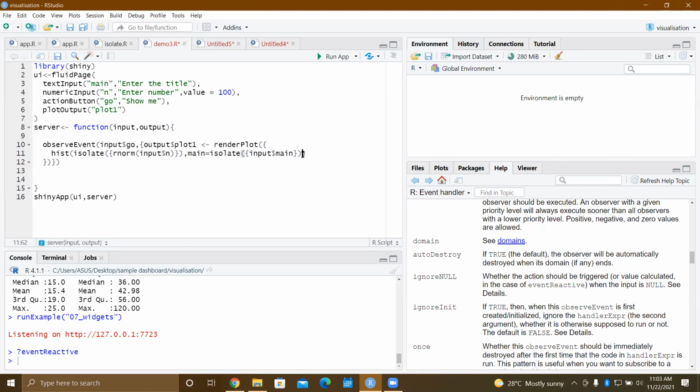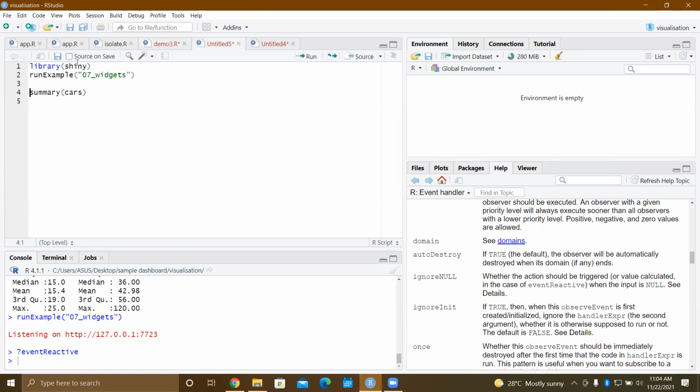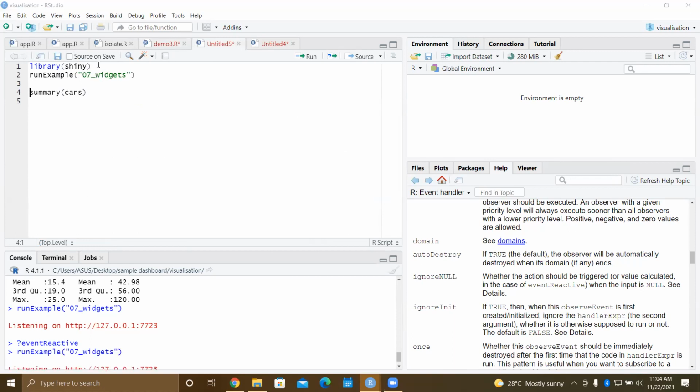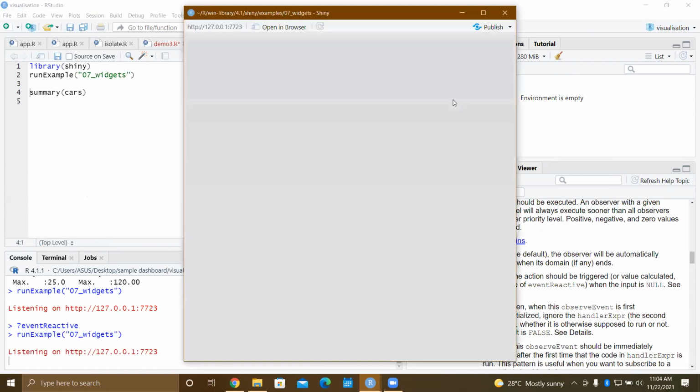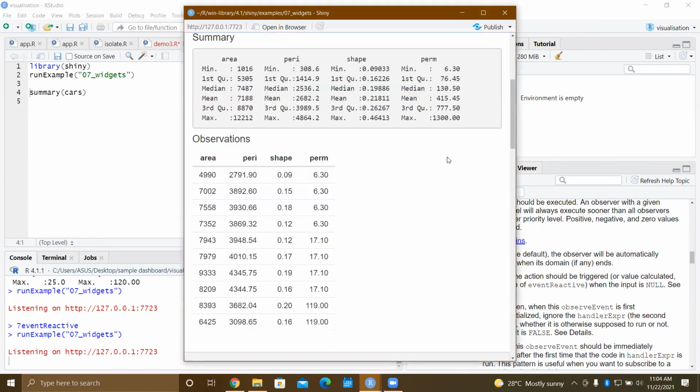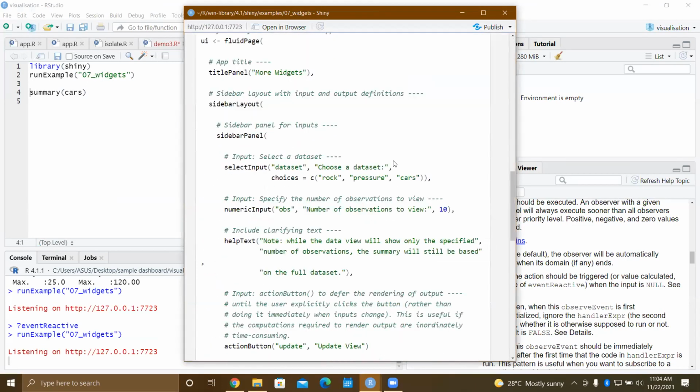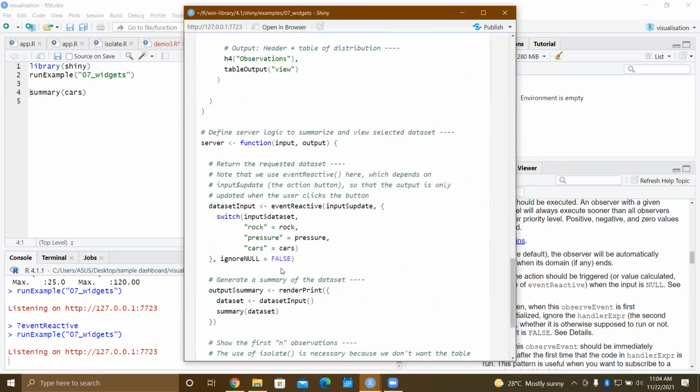But when I do the ignore null, I think the first time it just shows it. I think that's what is happening.